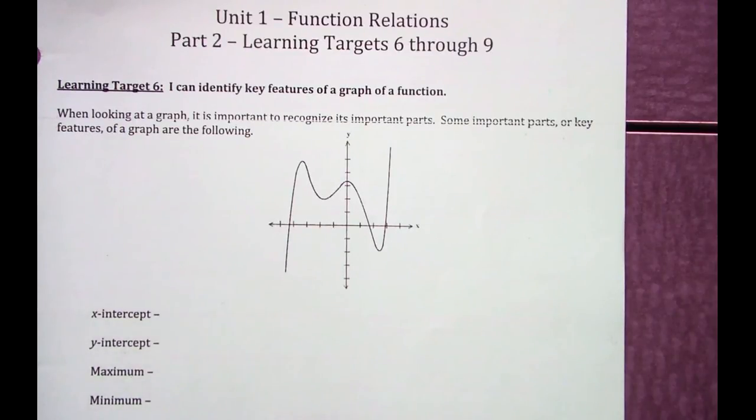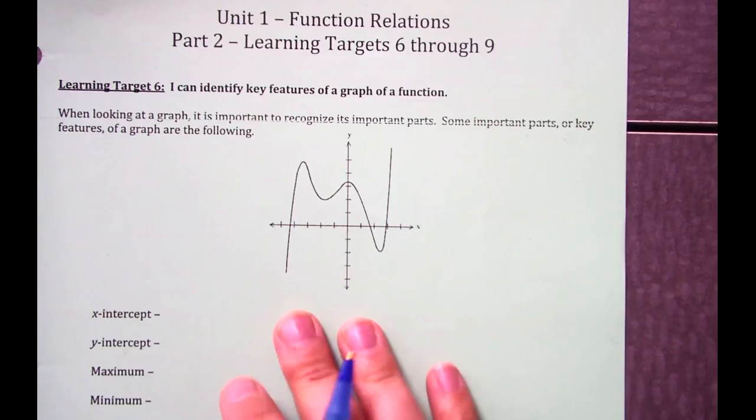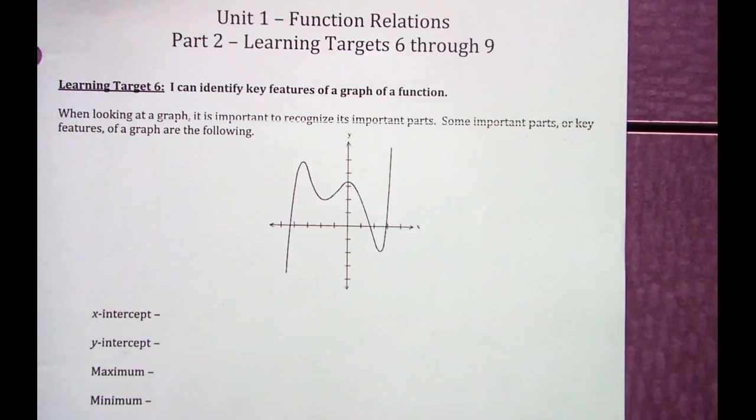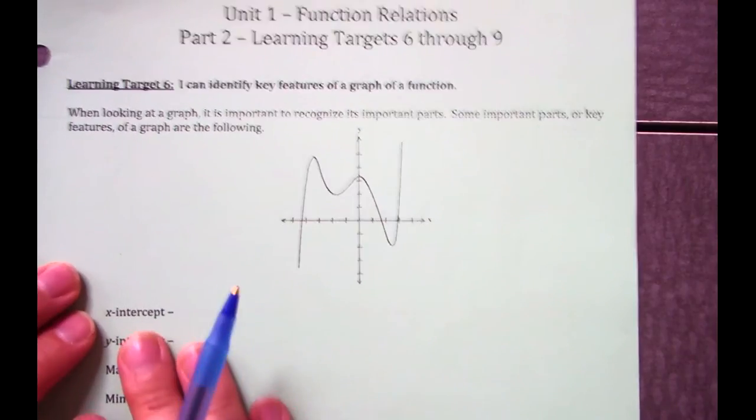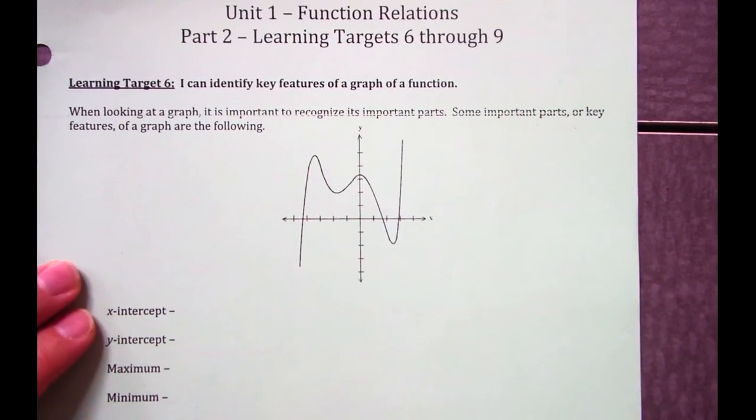So today we're going to talk about Learning Target 6, which says I can identify key features of a graph of a function. So if we're looking at this graph here, first it is important to recognize what the important parts are. Some of the important parts, or we are going to call them key features of a graph, are these right here. So starting with the x-intercept is